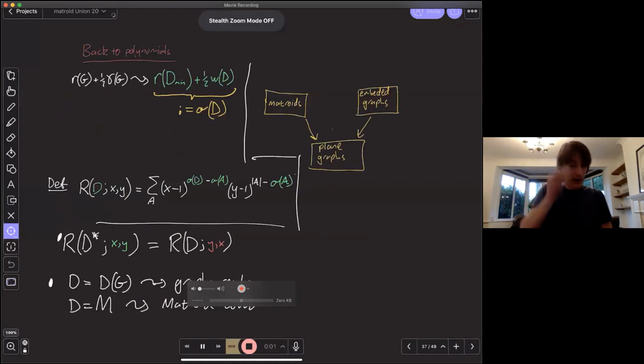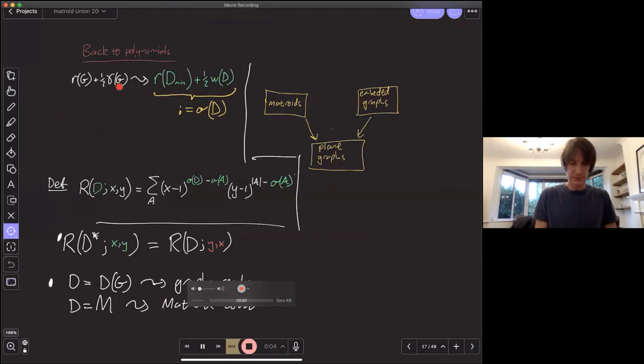So I can go to my graph definition, my graph polynomial. I had previously modified the rank function by adding this Euler genus. Well, I can just turn this into a matroid version and take the rank of the delta-matroid. Technically we need a matroid to take the rank, but if we take all of the smallest feasible sets, it's a fact that they form a matroid, and we just take the rank of that matroid. And for the Euler genus, I'm going to take the width, and this is my new parameter. I'm going to call this sigma of D, just to give it some notation.